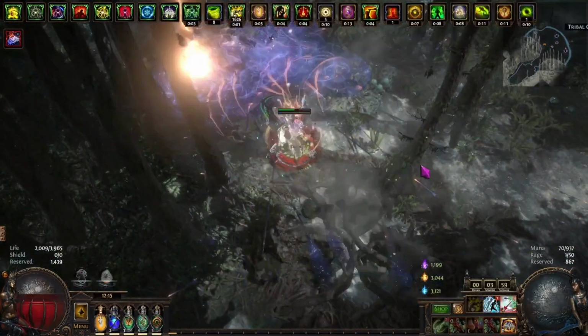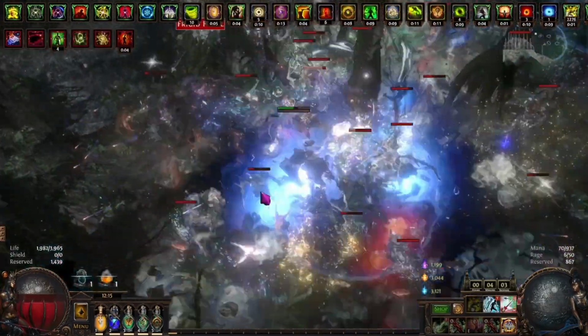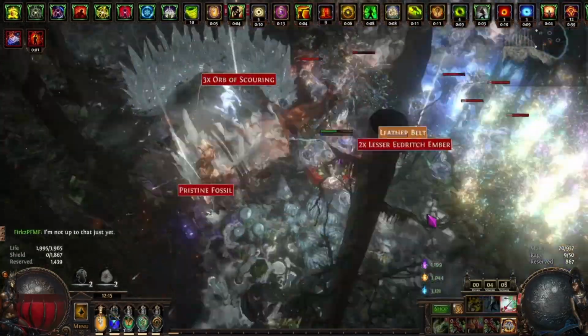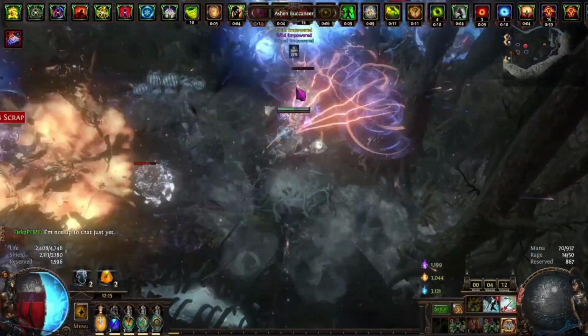For the past month or so, I've been playing exclusively Magic Find builds, and almost the entirety of that was spent playing some version of Tornado Shot Deadeye Magic Find. This has resulted in probably the most expensive min-max build I've ever played in my history of playing PoE, and now I think it's time to share that and the progression of where we started with this build